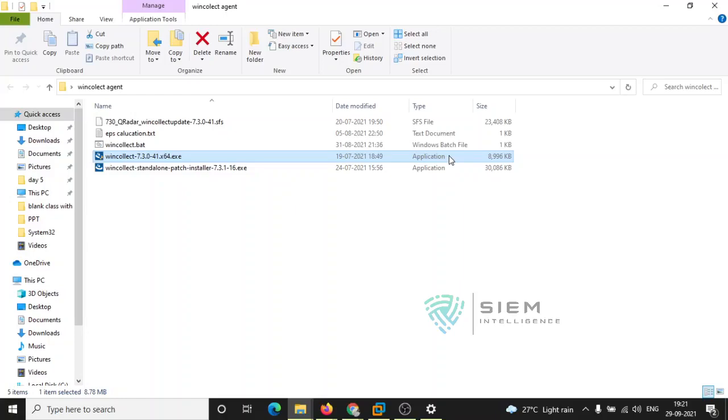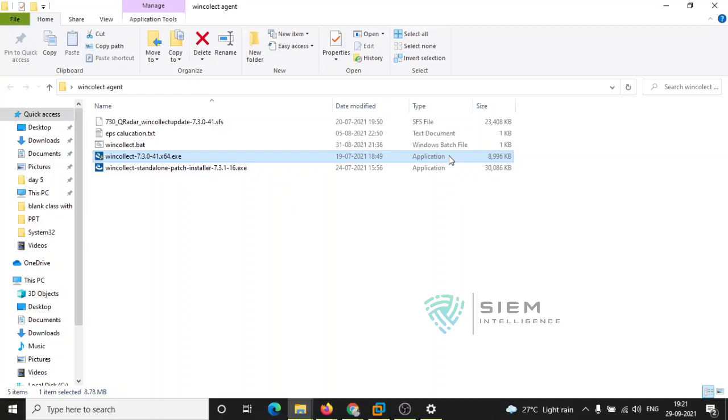First we will see the standalone edition. You have a basic idea of what a workgroup PC is and what a domain PC is. A workgroup PC is an independent PC, and a domain PC is managed by a domain controller. Similarly, there is a standalone version and a WinCollect managed version. In the managed version, QRadar is like a domain controller.